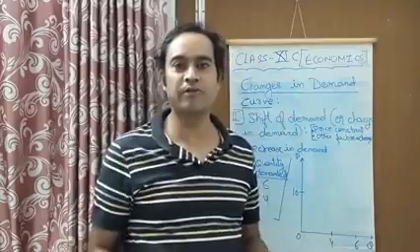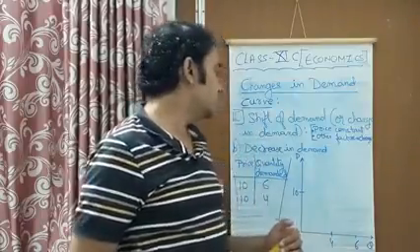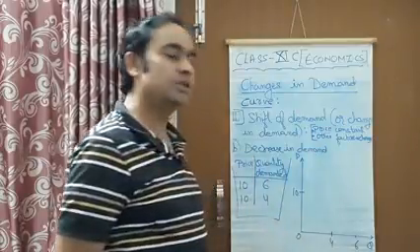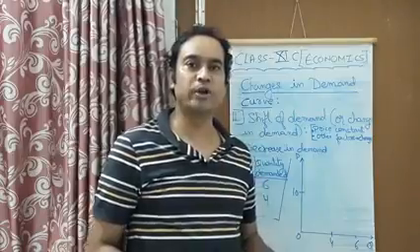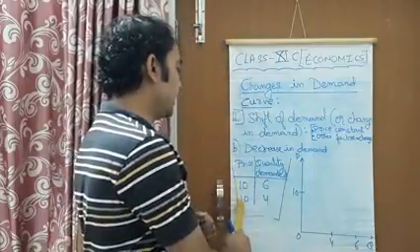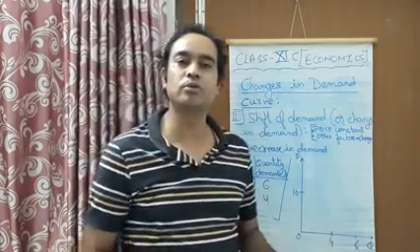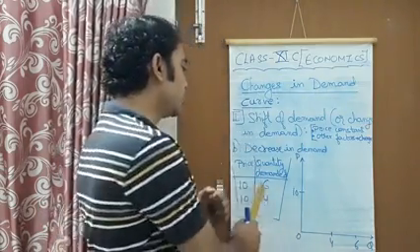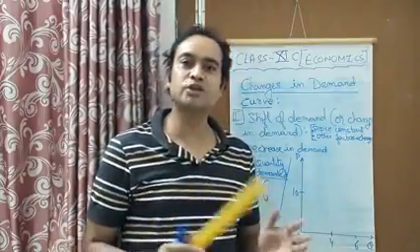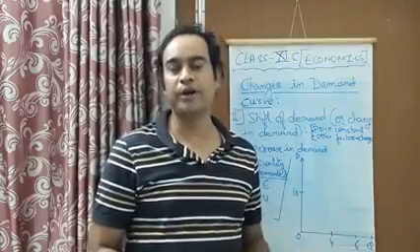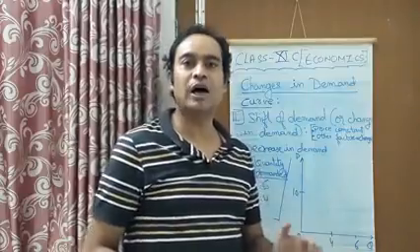So in increase in demand, we have seen that the demand curve shifts to right. But in this case, decrease in demand, you will see that the price of the commodity is going to remain the same, 10 and 10 rupees you can see here, but the quantity demanded of the consumer is going to fall down, that is from 6 units to 4 units. But if the price is not going to change, then why is the consumer going to reduce the demand of a commodity? So the answer is due to other factors.